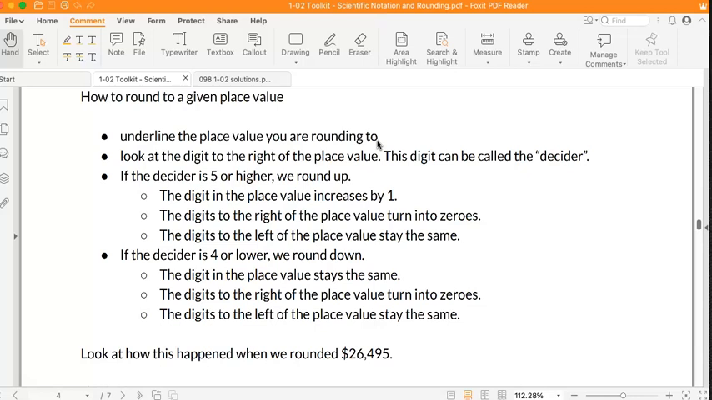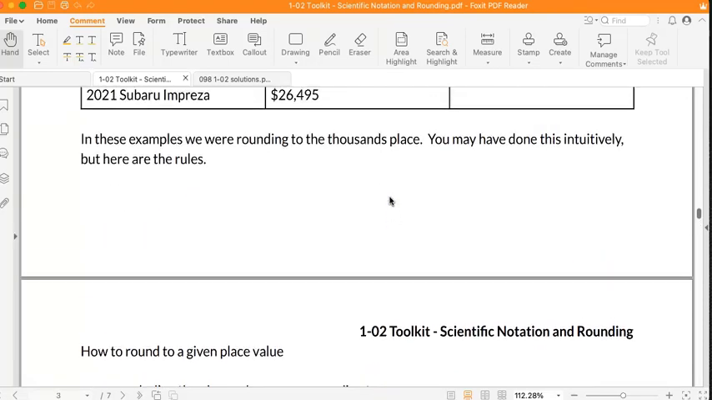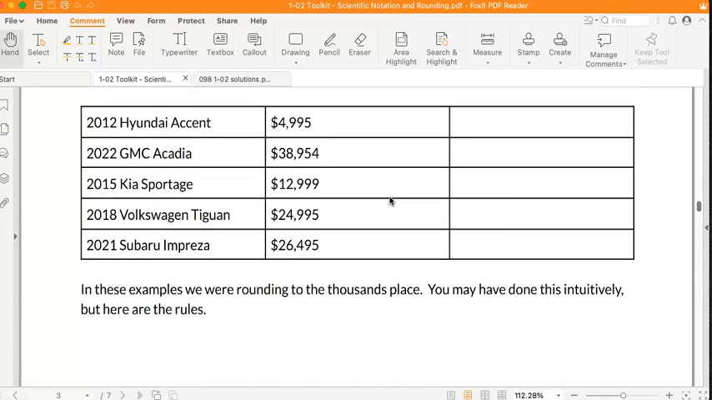In the previous page, we rounded to the thousands place. When you underline the place value, then you look at the digit to the right of the place value, and I named this the decider. That's not really an official term, but if we look at these numbers, rounding to the nearest thousand, 4 is in the thousands place, and the decider is the number to the right of it. That is the 9, and the 9 helps me decide I better round this up to